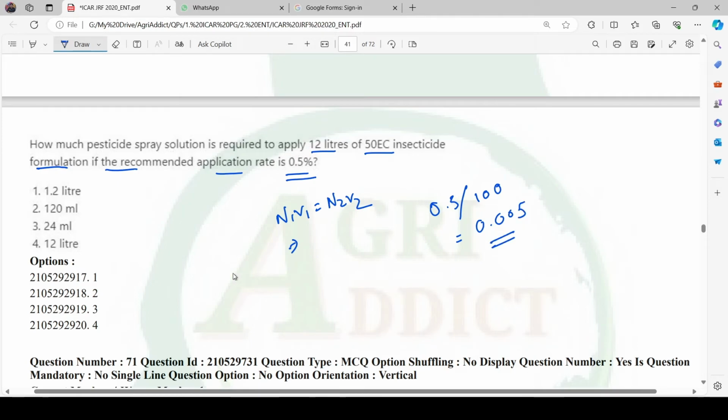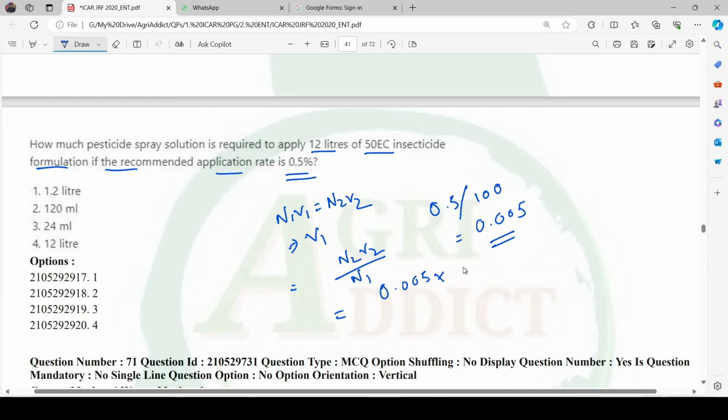Then just put all the information you have in the formula. You need to find V1, so it is N2V2 by N1, that is